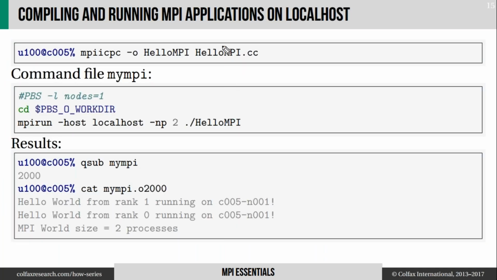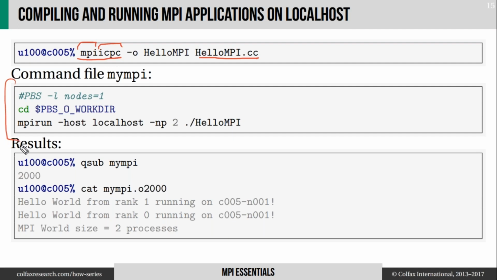To compile an application that uses MPI, you have to use a wrapper around the standard compiler. We are going to use Intel compilers and Intel MPI. So our wrapper for the C++ compiler is mpiicpc. In our cluster environment,